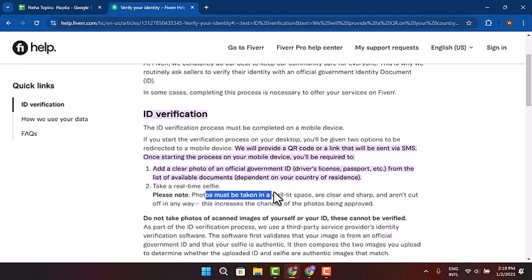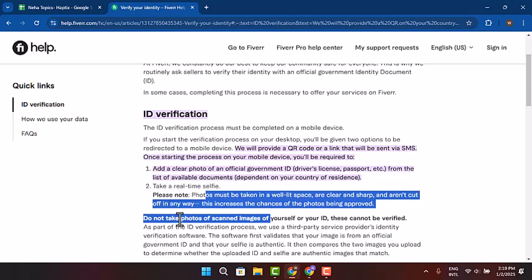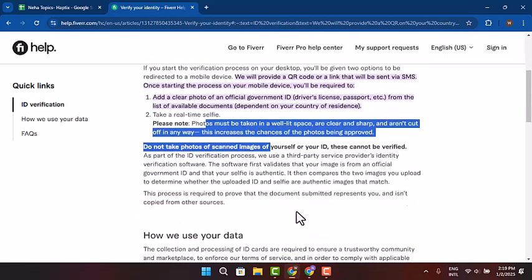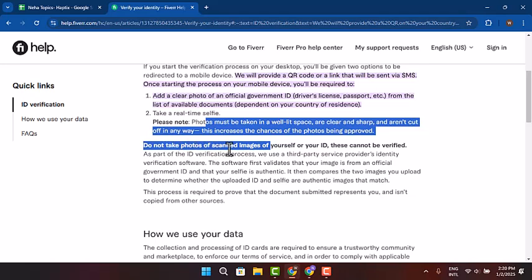The photo must be taken in a well-lit place, clear and sharp, and not cut off in any way. This increases the chances of a photo being approved. Make sure not to take photos of scanned images of yourself or your ID. These cannot be verified. As part of their ID verification process, they use third-party identity verification services